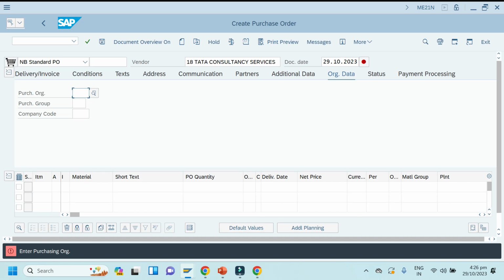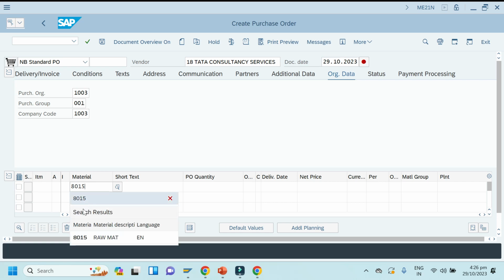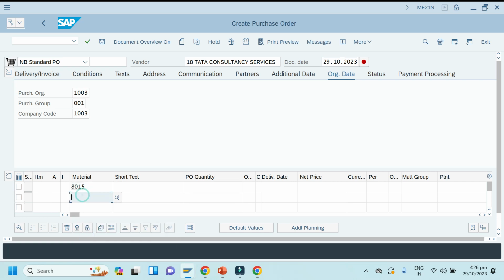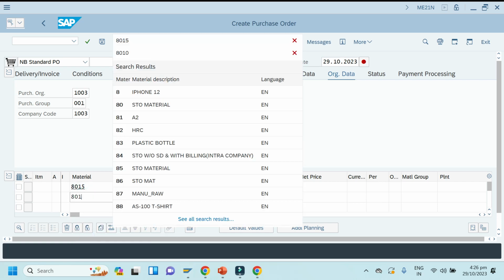So here 1003, purchase group 0001 and company code 1003. Now enter 8015 and 8019.